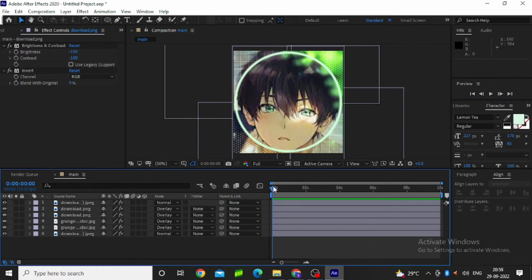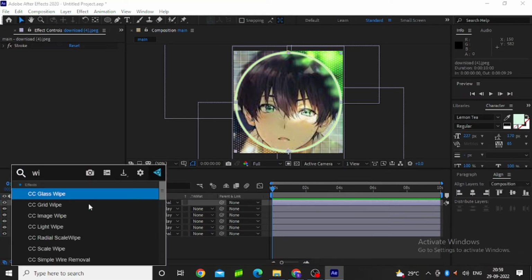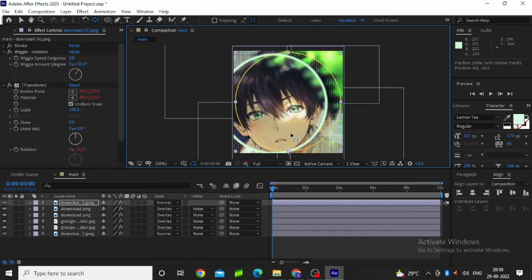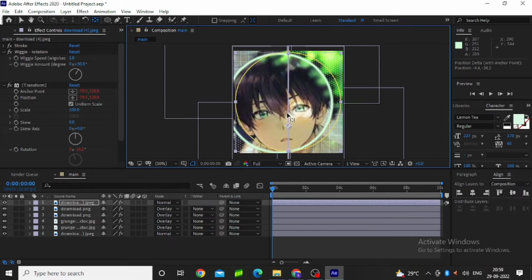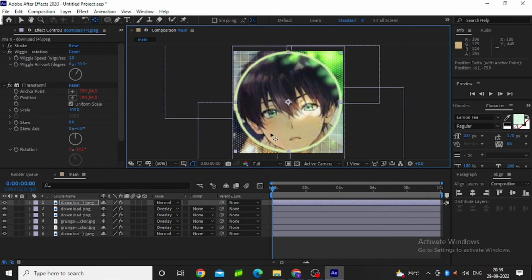Now what I want to do is add a rotation to this image. It's kind of subtle over here. So how I'm going to add this is add an effect called wiggle rotation. Cool. Okay, before that, click on this, the pan up behind. Now take the anchor point, press Ctrl and notch it in the middle. Simple. Cool. So using this, it will actually move 360 at its place. Like if it was below, it will go like, I think you get what I mean, right? Anyways,